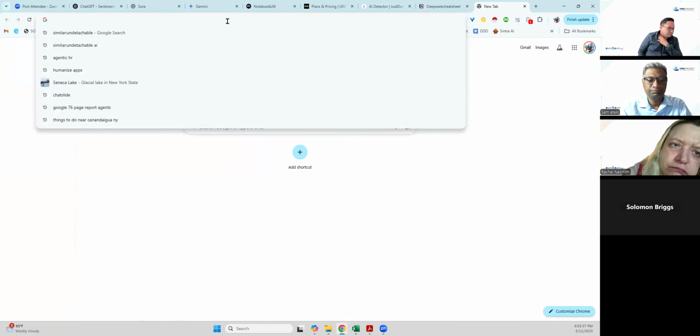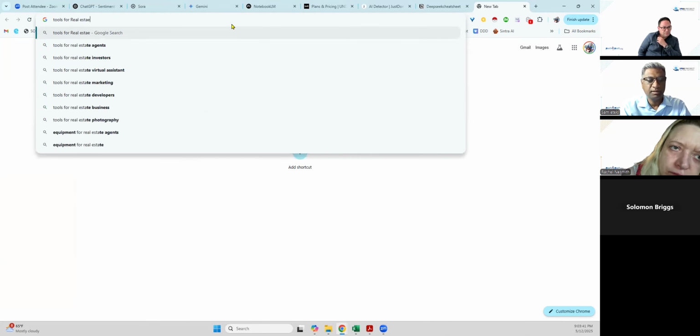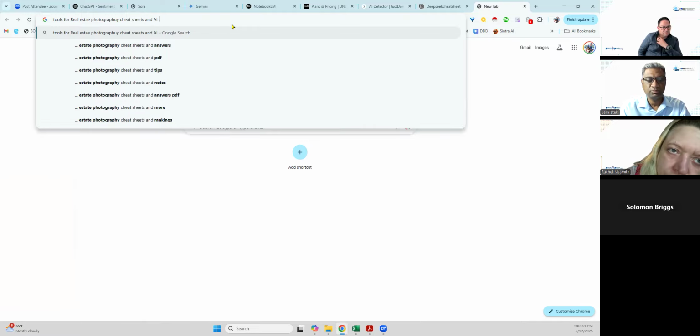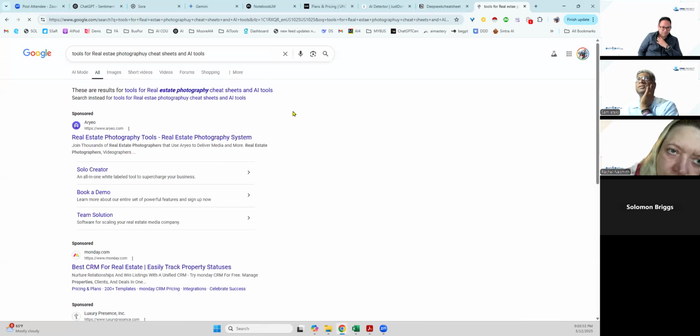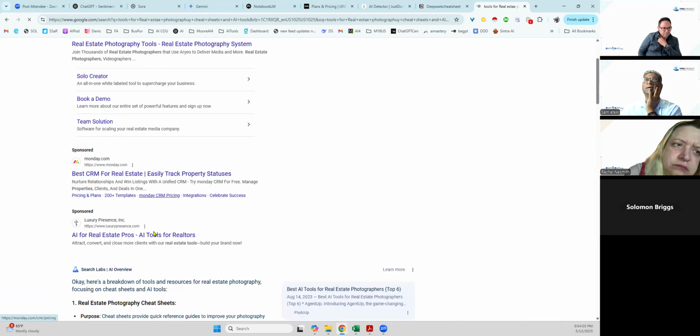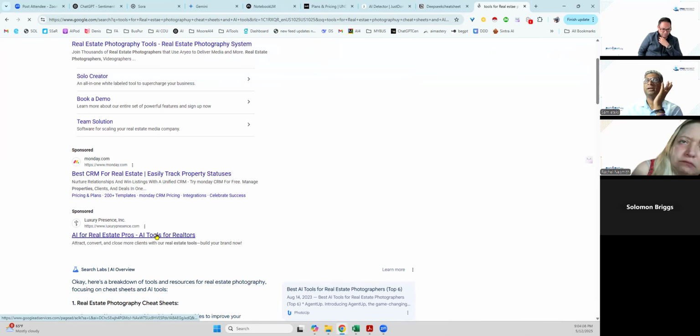Like tools for real estate photography, the cheat sheets, and AI tools. I'm just doing a quick search. Real estate photography tools, real estate photography systems, solo creator, book a demo, easily. AI for real estate pros, AI tools for realtors. Okay, I don't know who they are. So I click on that